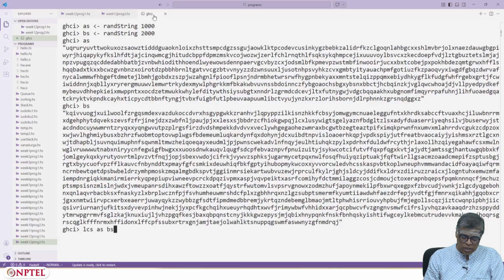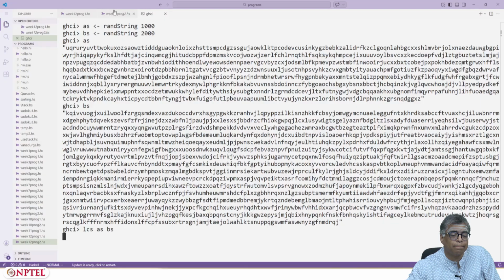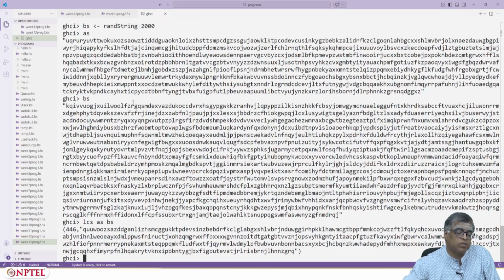I can try LCS A's B's. What happened? Yes, I still get a result. These are really huge strings, so it will take a little bit of time, but it's fine. I'm getting a result. With the naive LCS, you won't get anywhere at all.